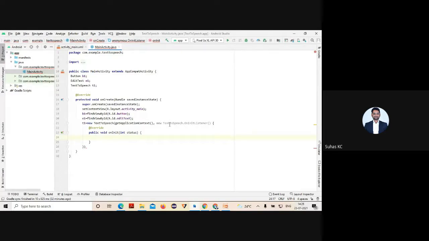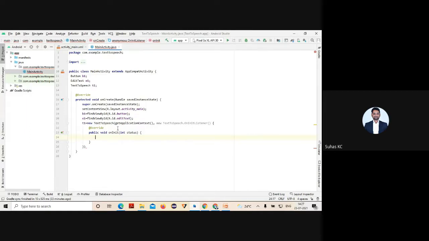See, you do not type everything. As soon as I press new, it is going to display that the OnInitListener method will be created. It's going to override that one. What exactly this will be is an action listener. That's it. The action listener you are creating for your text to speech class is the OnInitListener. So what exactly do you do?